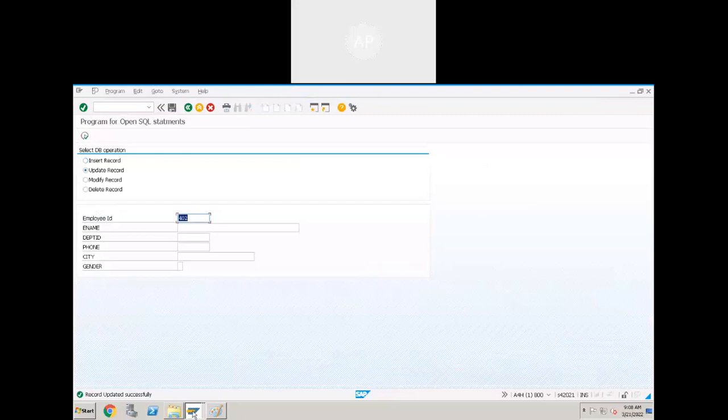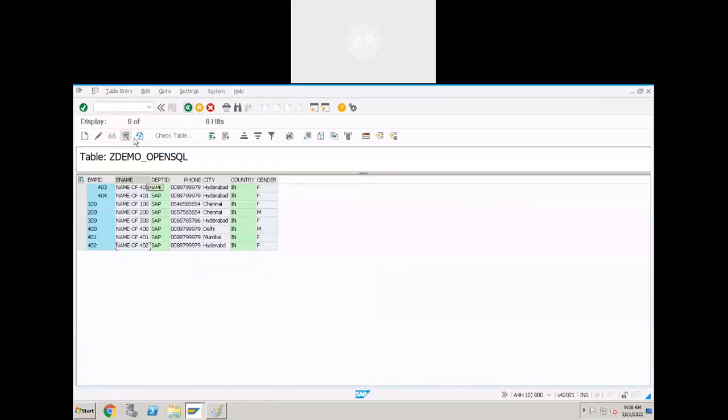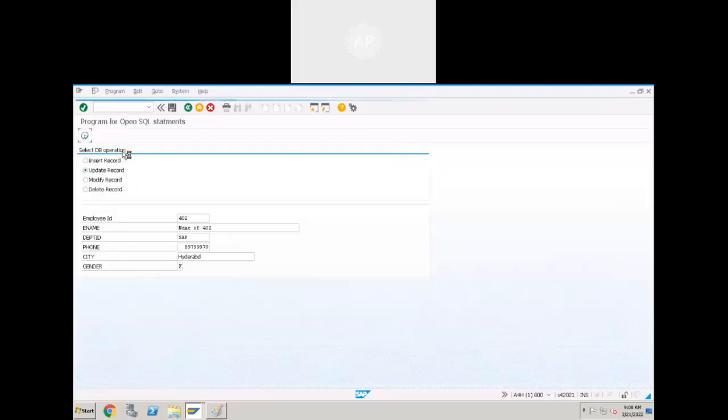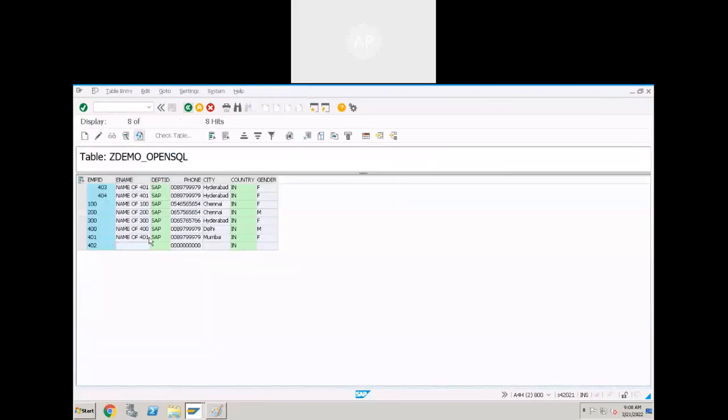So the table successfully updated. The fields are blank. Okay, right? So that is how update statement will work. So if you want to update all the fields, you have to pass all the fields along with the new value. Okay. Now we should have remaining values. Okay. Right. Yes. Okay. Is it clear about open